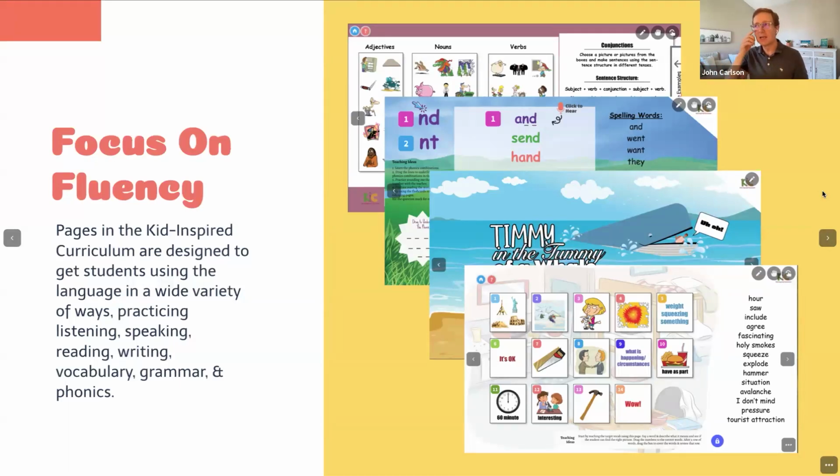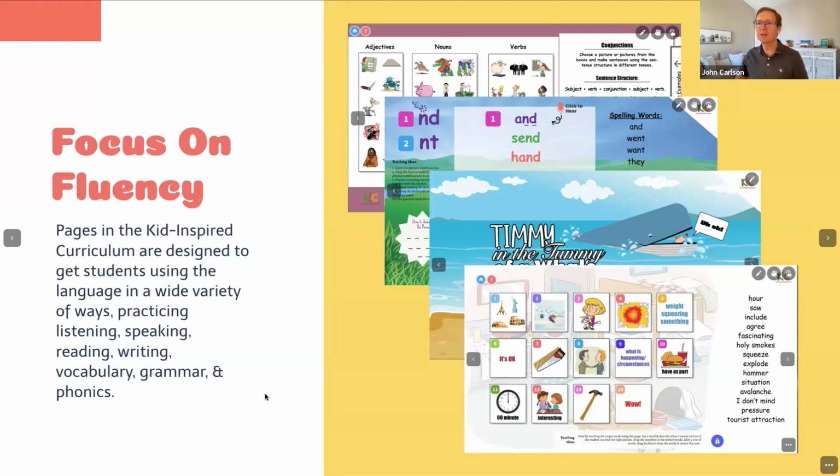And so all of these pages, you'll find a lot of them can be used in multiple ways and used multiple times, not just once. So there's a vocabulary page here, which I've used many times over and over and over again until students really know those words quickly and easily. There's reading, the phonics lesson here that you can see, where they're reading a list of words. The goal is that they're able to read that list on their own without help individually.